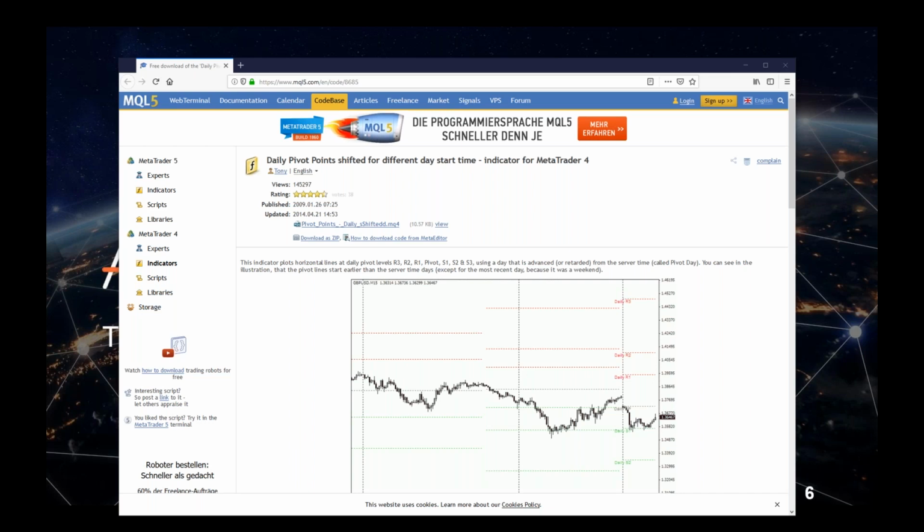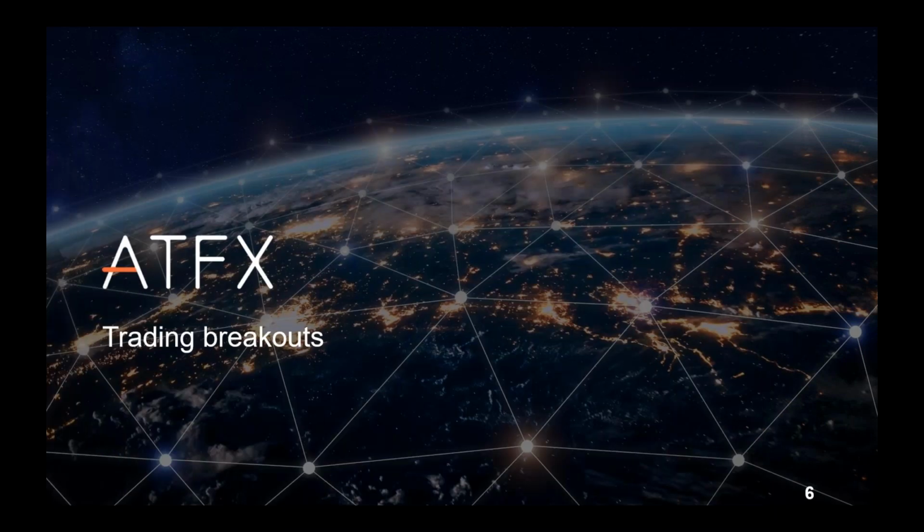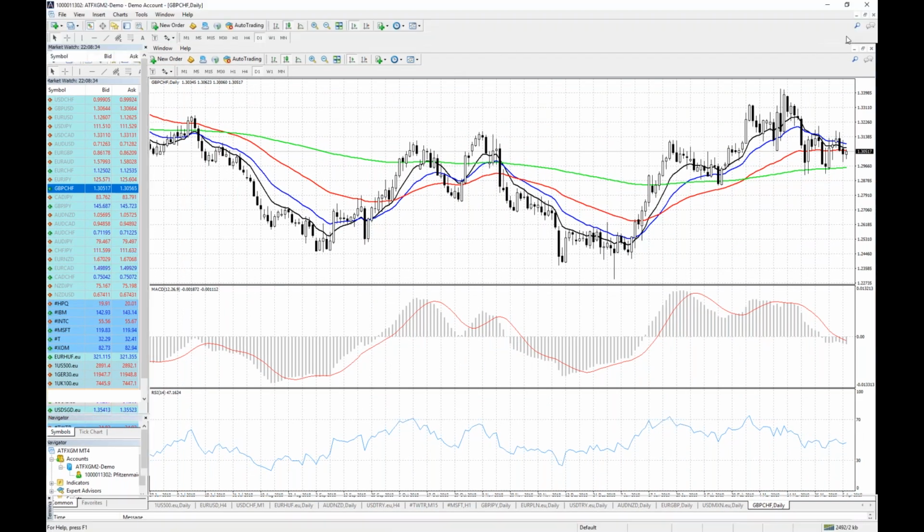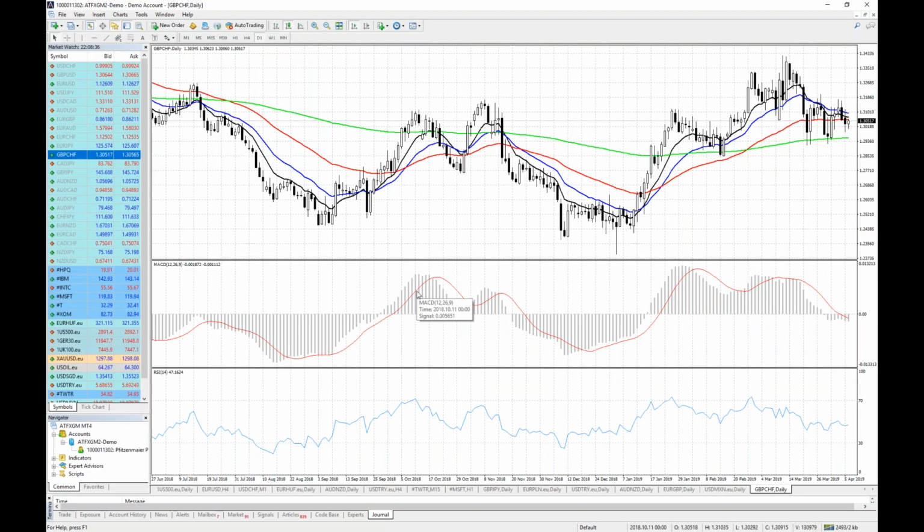And in the end, it's very simple stuff that we do here. We're just reading price action, and those indicators just help us to spot certain aspects of price action. So that being said, this is one of the indicators that I will be using here today. And just in case you're wondering how you can get that one, the link is in the chat box. You can easily use that. Now let's come back here to our charts and MetaTrader 4 platform.